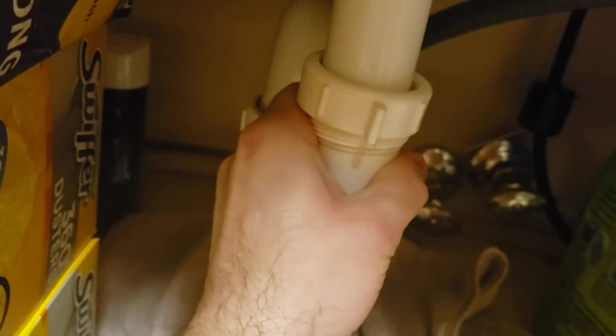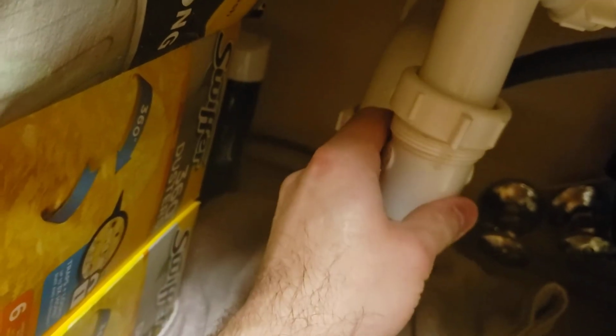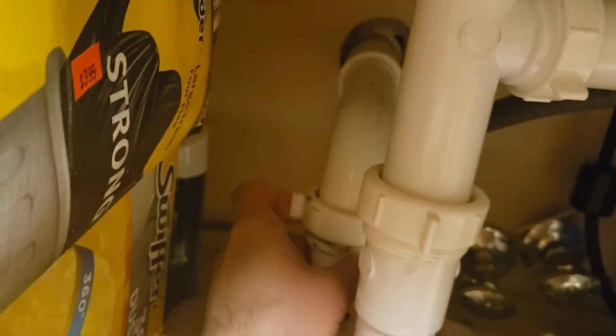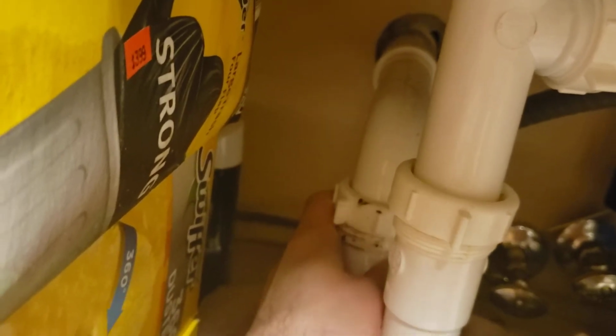This one right here usually is not threaded and is just held by suction. It's used when you're putting it back on to do the final tightening. This is where the main tightness is at. You can see I already pulled the other one off. So this is where now I should be able to...